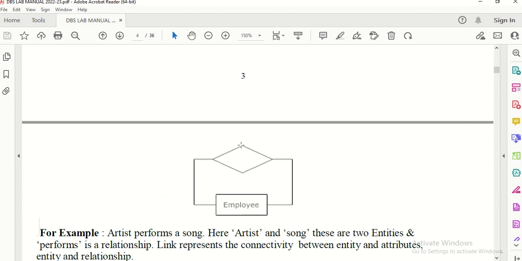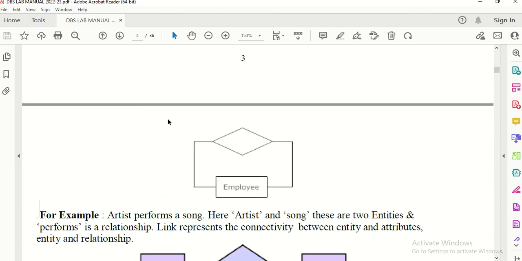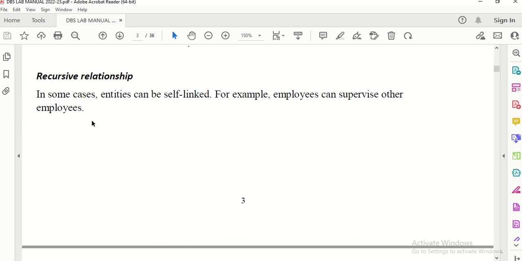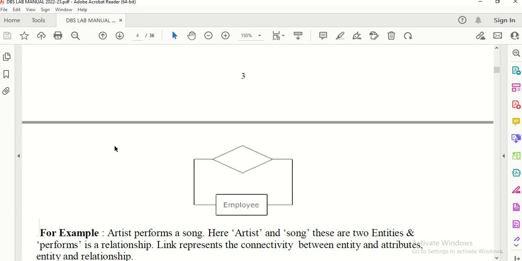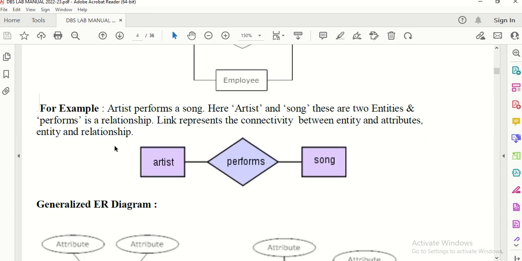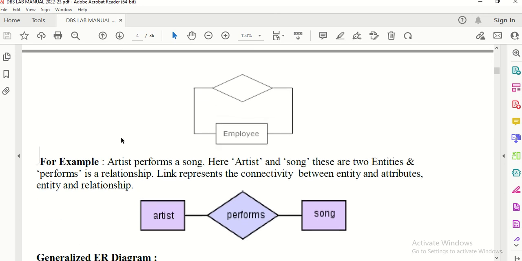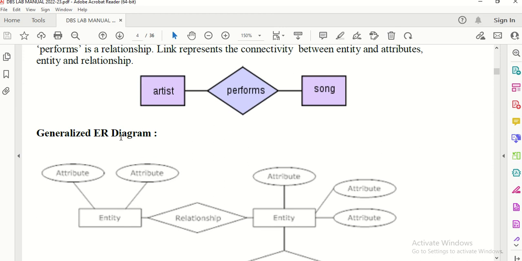So in that particular case, I can say using this particular diagram that this is a recursive type of relationship. Now, for example, artist performs a song. Here artist and songs are two entities and performs is a relationship. Link represents the connectivity between entity and attribute, entity and relationship. So this can be considered as the recursive relationship over here.